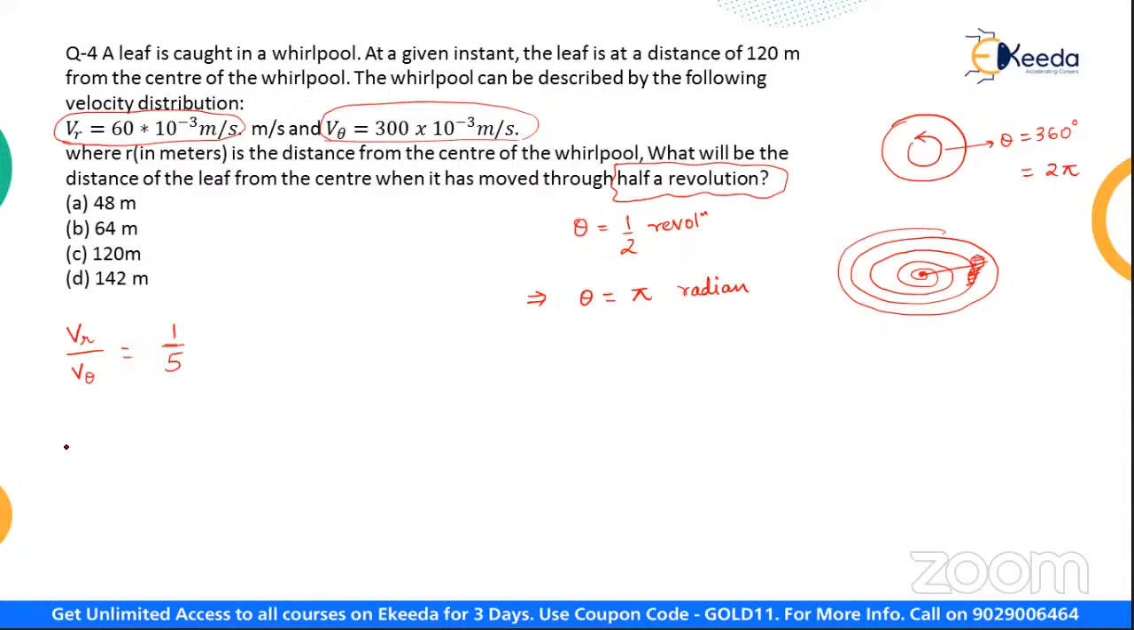Now we know that the radial velocity can be written as the differentiation of the radial vector with respect to time. And similarly, this v theta can be written as r into omega, that is the angular velocity. Now this omega can be written as d theta by dt. That is, omega is the angular velocity, that means the rate of change of the angle. Now, from the first relation,